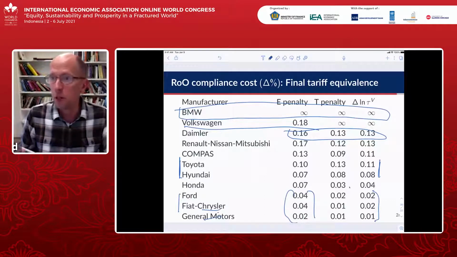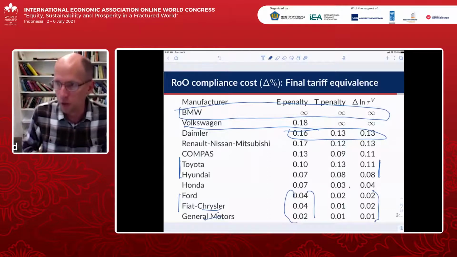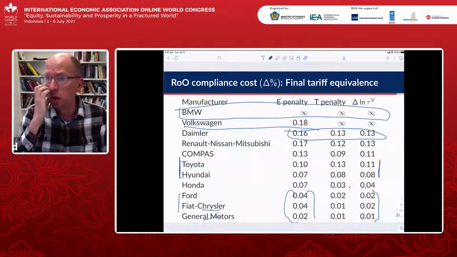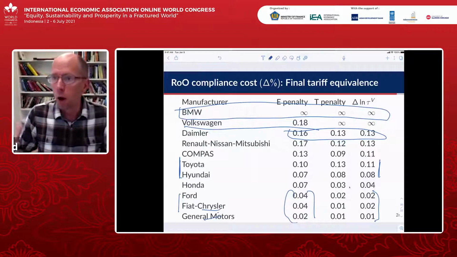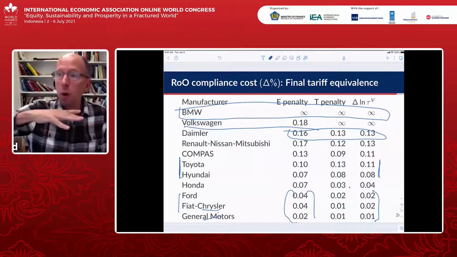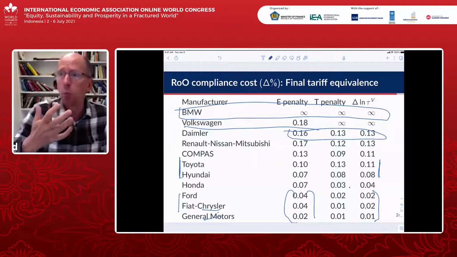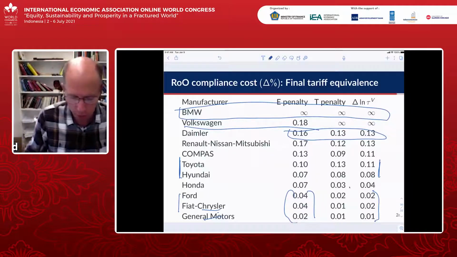So we see some evidence from our data of these three types of firms with their differing cost penalties and their presumably differing responses to the higher rules of origin the U.S. has. So what remains is to try and put this together to give you a more complete picture of whether the USMCA is putting the U.S. on the wrong side of the Laffer rule of origin or not. At this point, we can't say, but there's some, I would say, worrisome evidence that we might go to the wrong side of the rule of origin.